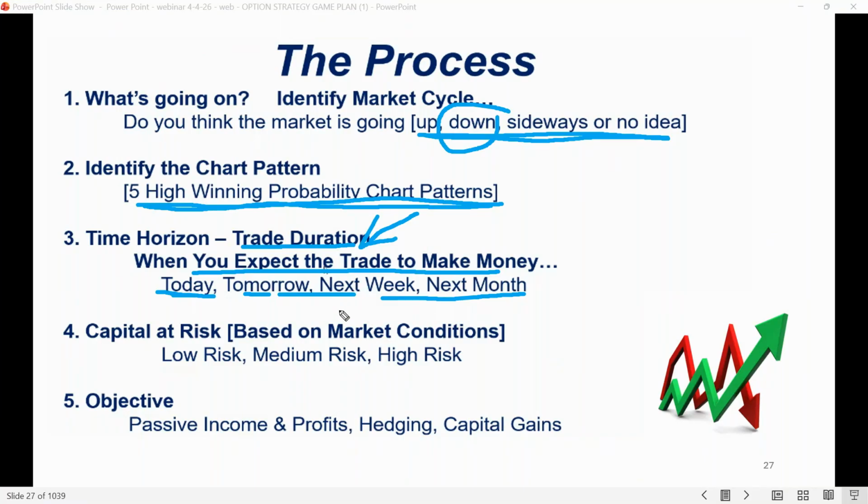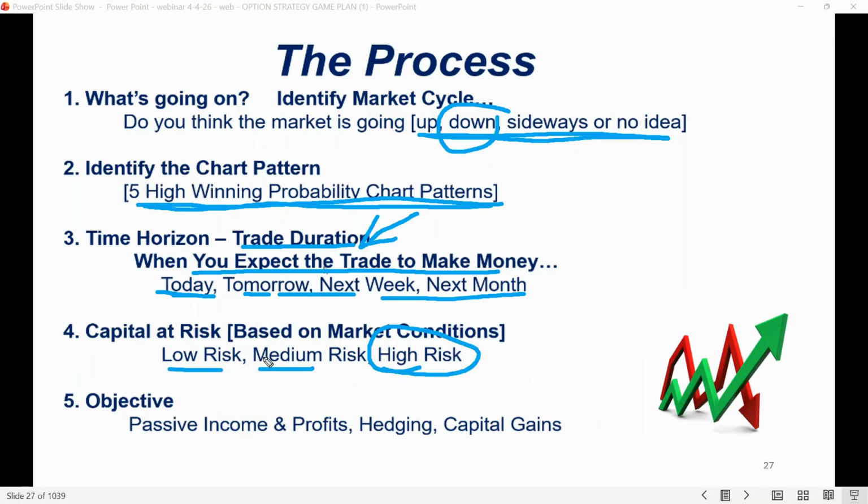But we want to quantify, define that uncertainty. Are we in a low risk, medium or high uncertainty market? Well, right now, we're in more of an extreme uncertain market. So based on the risk conditions in the market, that will also dictate the best option strategies to use to control risk, to really tighten it up. So these are the steps in selecting the best option or option strategy to use based on